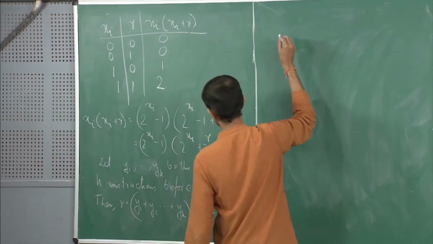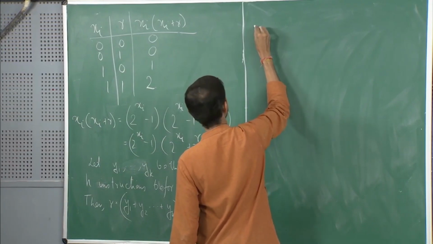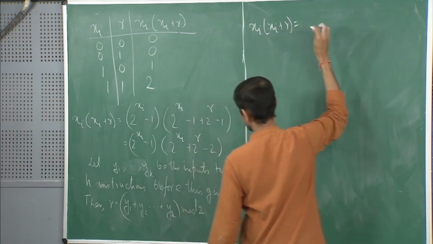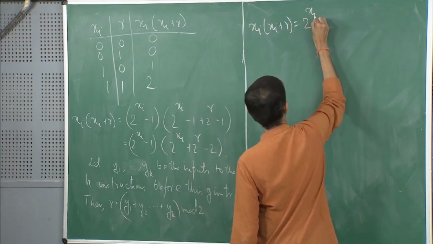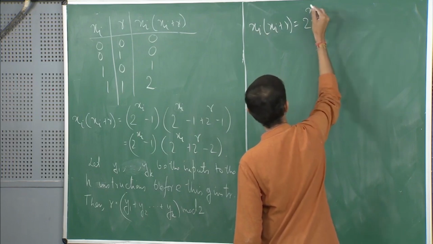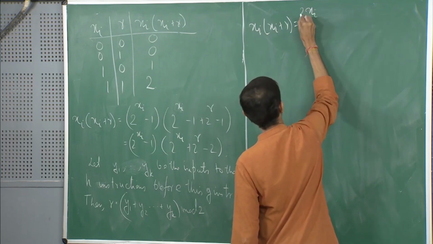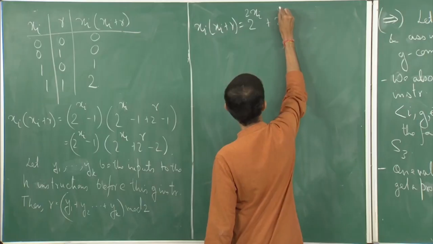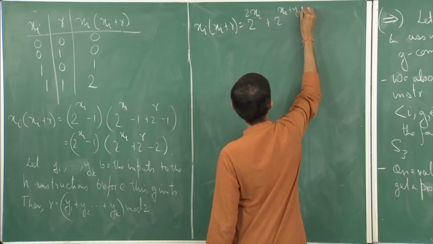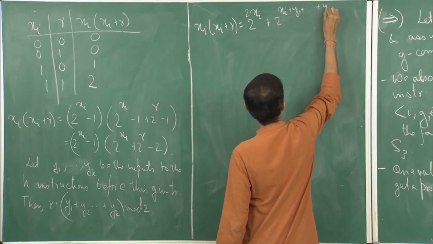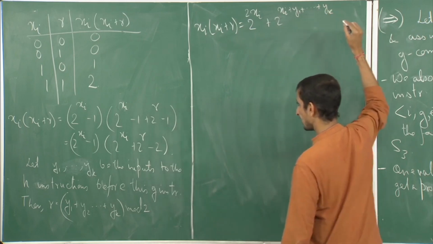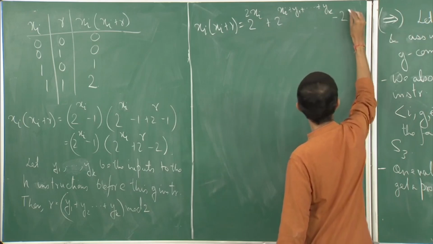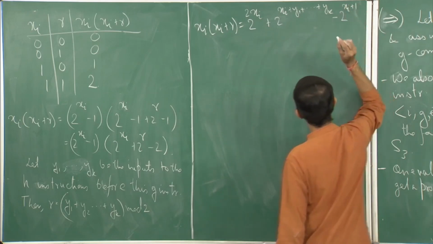So that is not a problem for us. So we can write xi times (xi plus r) as 2 raised to the power 2xi plus 2 raised to the power xi plus y1 up to yk minus 2 raised to the power xi plus 1